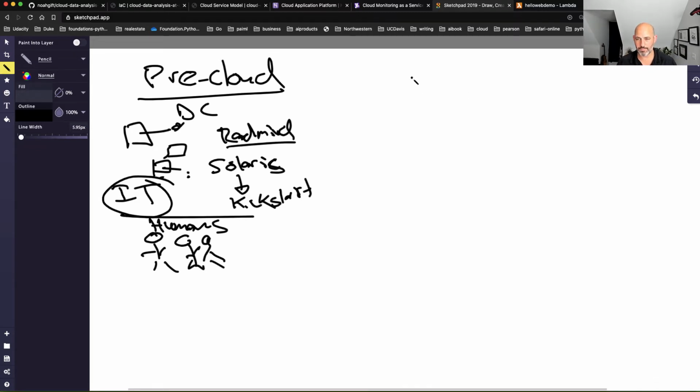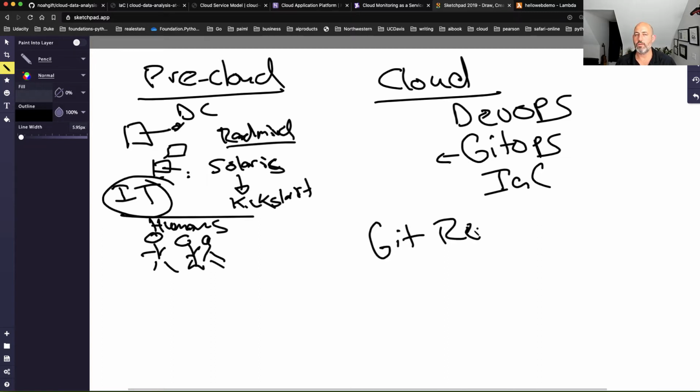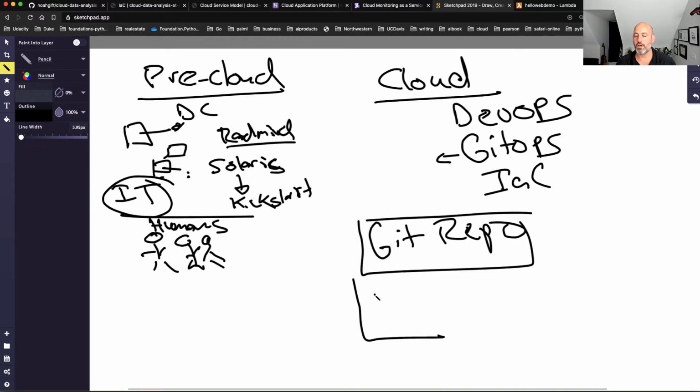In the cloud era, it's totally different now because of these concepts of DevOps and also GitOps and also infrastructure as code. And really, you don't need any of these specialized people anymore. If you're a developer, you can just build this yourself. And so in general, GitOps is a fancy way of saying that inside of a Git repo, what you would do is you would hook into that repo your actual deployment code as well.